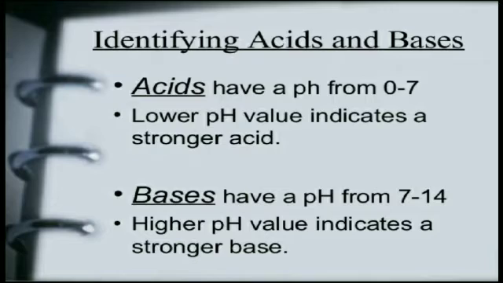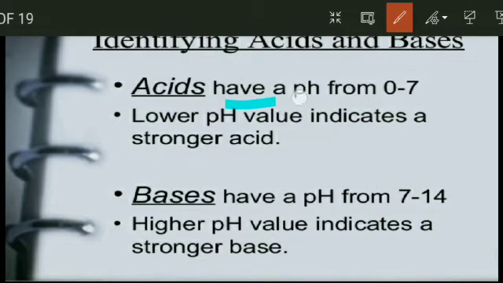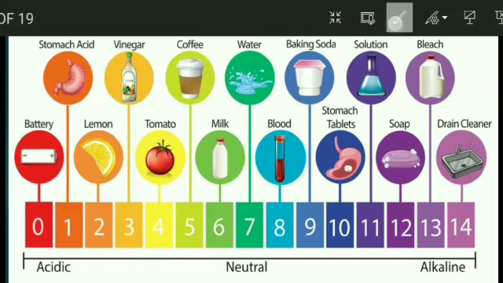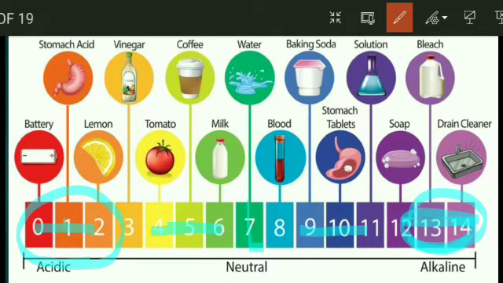Now you can easily answer. Acids have a pH from 0 to 7. A lower pH value indicates a strong acid. And 7 to 14, a higher pH value, is a strong base. Here we have to know that in acids, lower values are stronger ones. In bases, higher values are more concentrated substances. So acids start with strong and bases end with strong base: strong acid, weak acid, neutral, weak base and strong base. So many times they ask this concept in our exam.